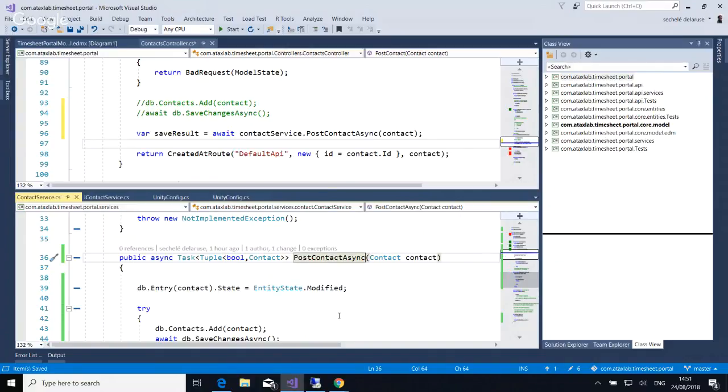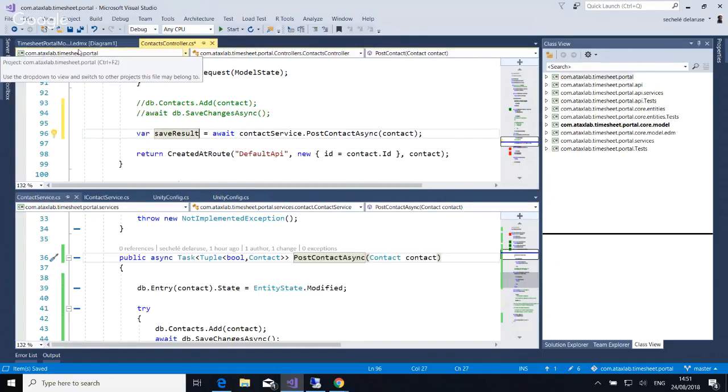Oh, so we're returning a task of tuple, which is bool contact. We're accepting a contact. So when we call it, we just pass ourselves a contact and we get ourselves a tuple. Okay. So the tuple will be,